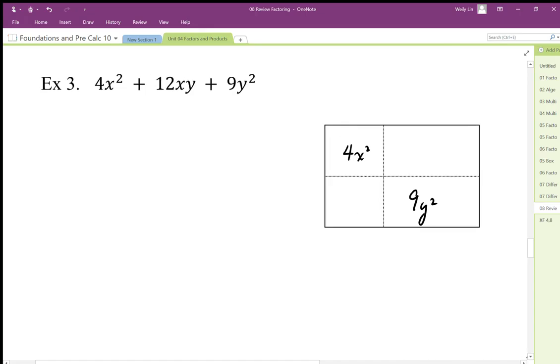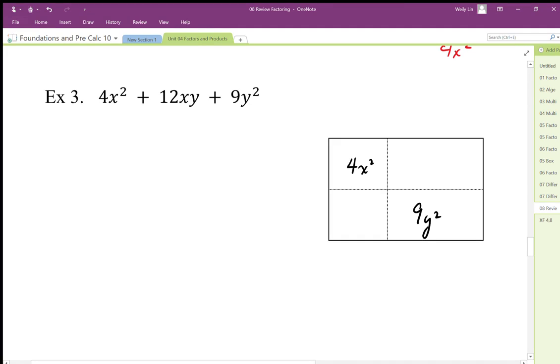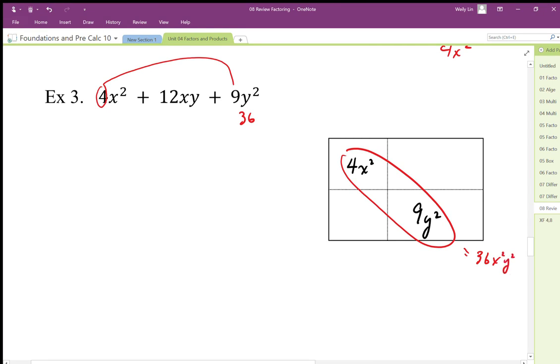So again, since we have a coefficient in front of that x squared, really we would help ourselves out by multiplying that first times last. So that's the same as multiplying along this diagonal. So we get 36x squared y squared. And we know that the middle term 12xy,